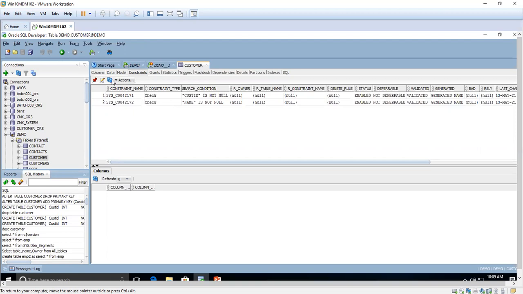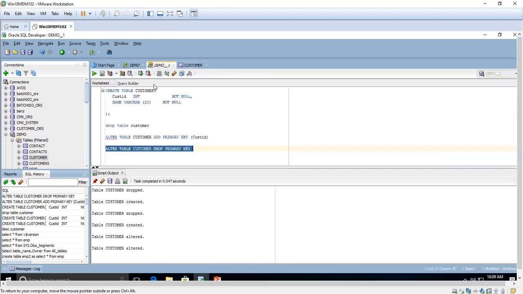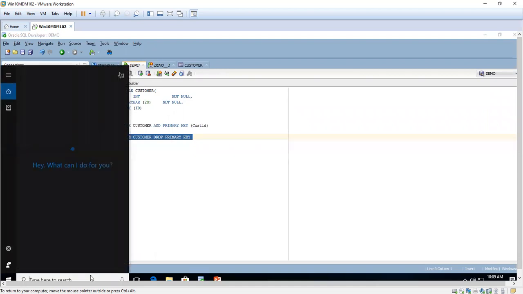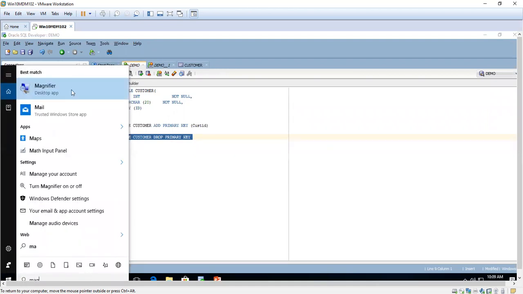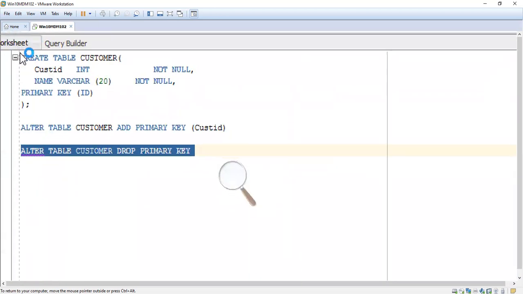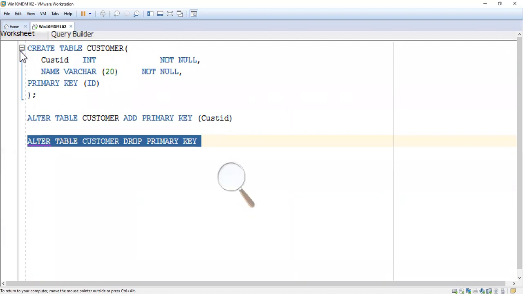Okay. Now we will see the difference between the unique key and the primary key. I'm just magnifying it to see the create table statement. Some people told me that they are not able to see the SQL query builder, so I've just magnified it.